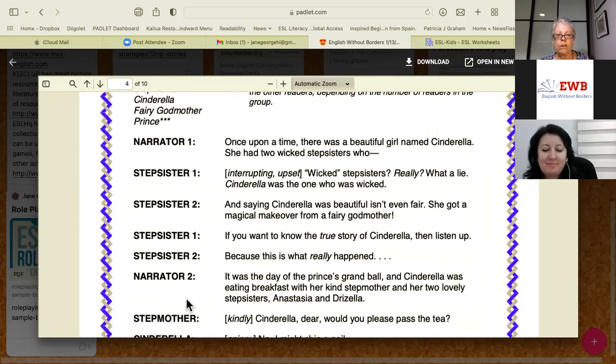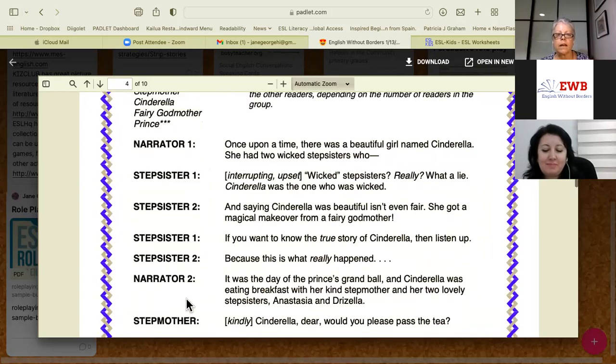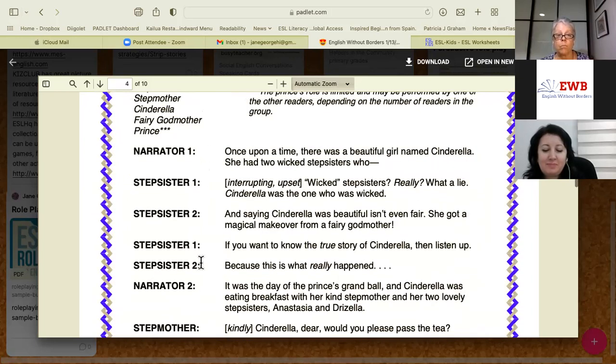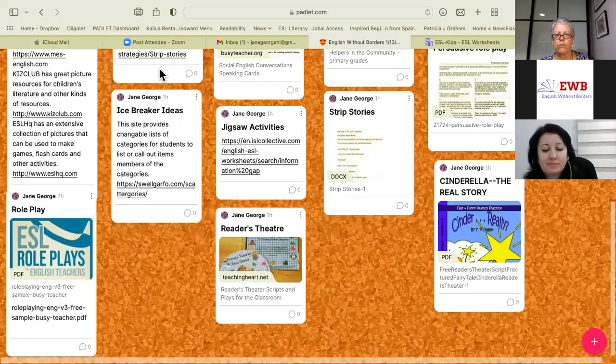So these are all the characters that you have. And that's a whole bunch. You could have a whole bunch of students in the class doing this. And this is not the only one. There's a lot of other stories that are modified, that are fixed, that are the true stories. And I think maybe I am nearly done, and